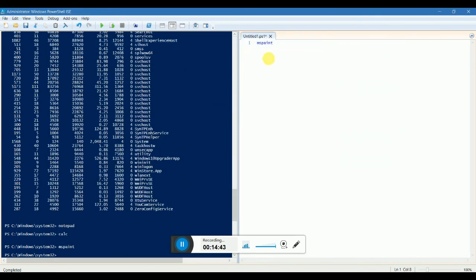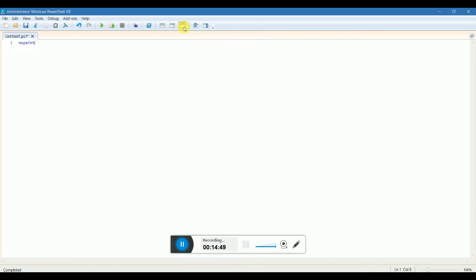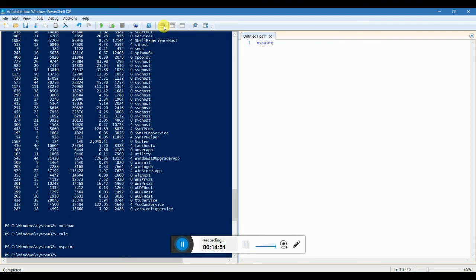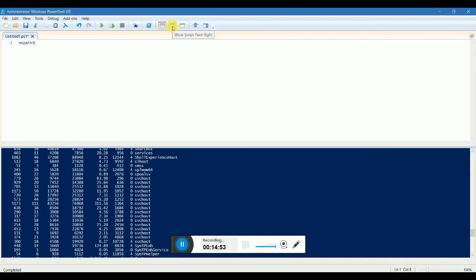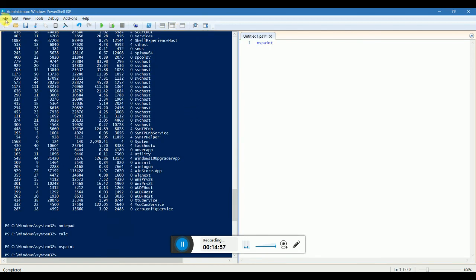Okay, so it's the ISE for you. You can run complete scripts, half scripts. These are the things that set up your coding pane and the output pane. I usually prefer this one. You can save the files. The basic options, just go and explore,